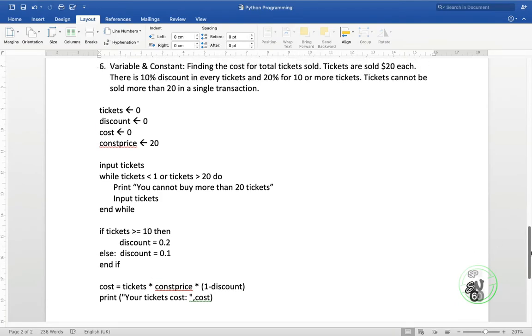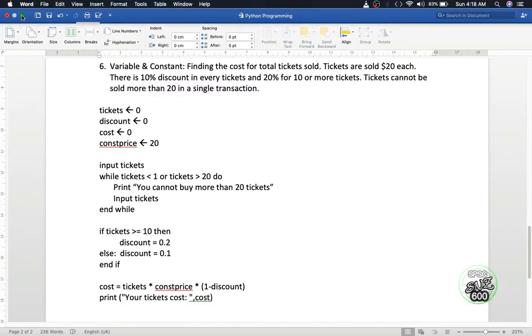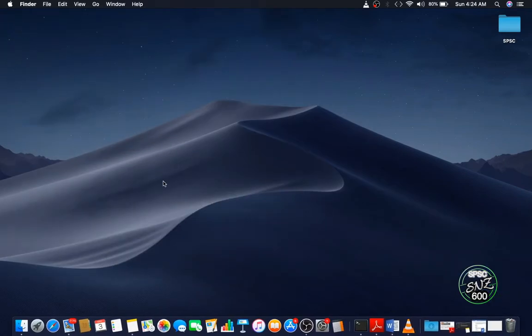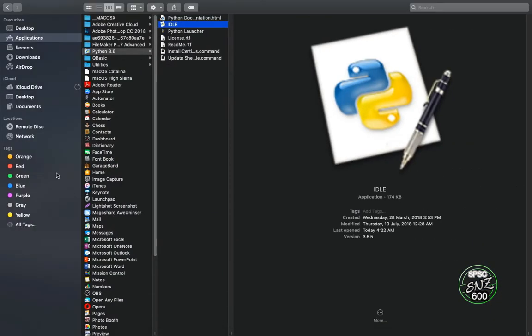That was the pseudocode, I hope you understand the pseudocode. I'm showing you the code again. So now I will go for the Python programming to do this program. So let me start with the Python programming.